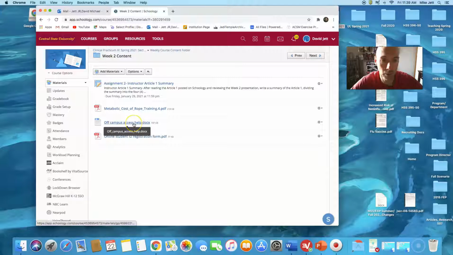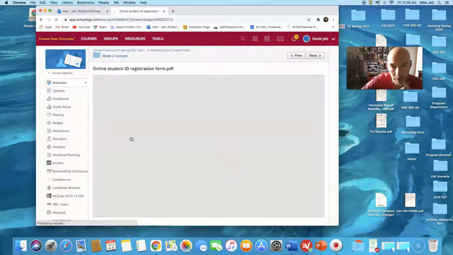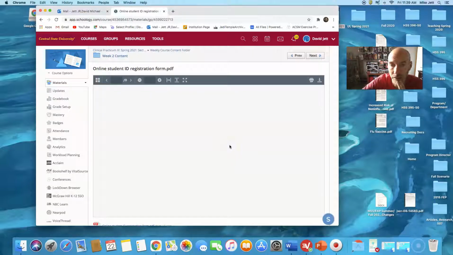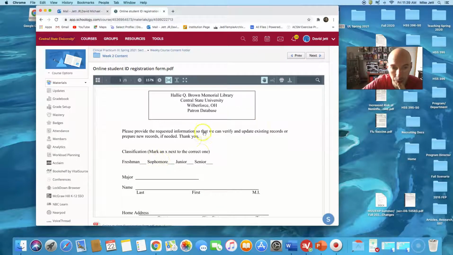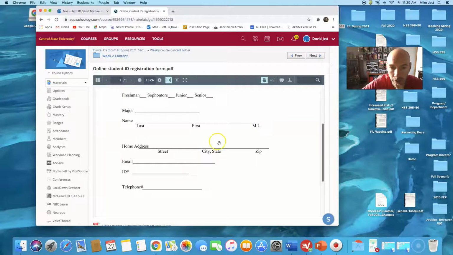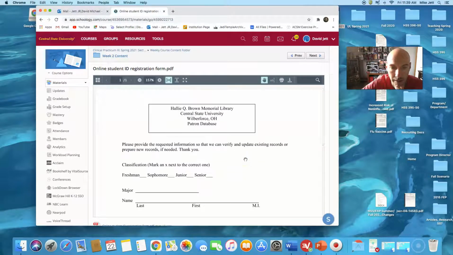Okay, so this form here, actually the bottom one, the ID registration form, you'll need to open it. So I'm going to open it and show you what it looks like. And you basically just need to fill this out and submit it. It's going to ask you a few questions, your major, your name. I'm not really sure why it asks for your address. And then you'll submit this to,